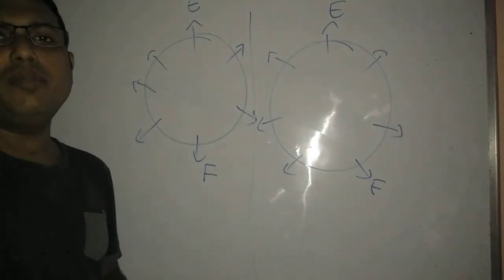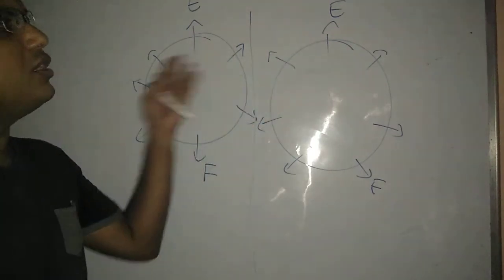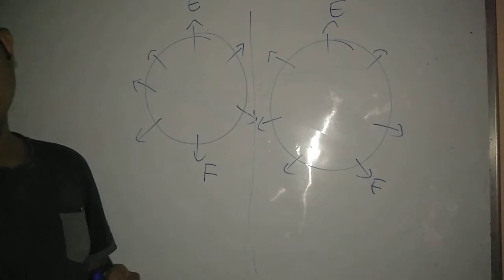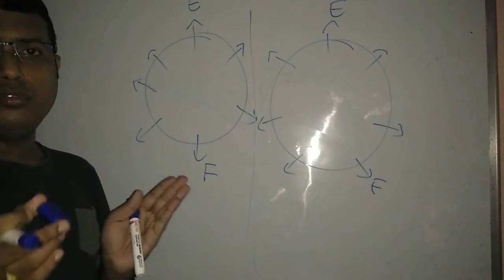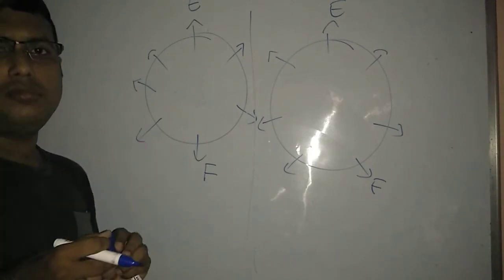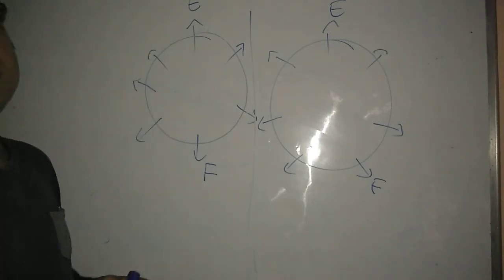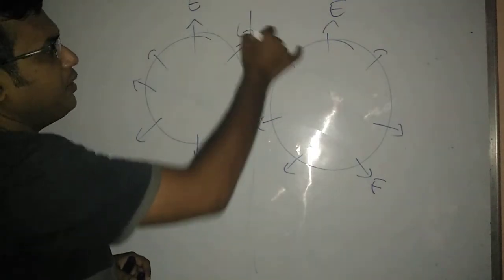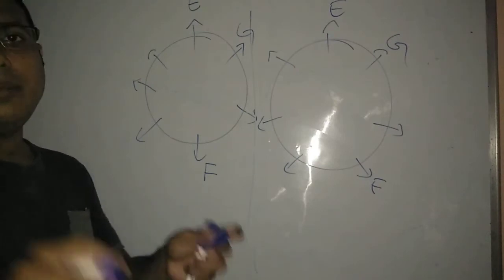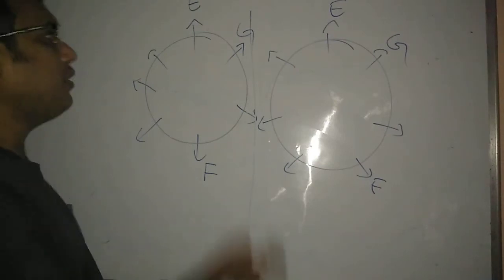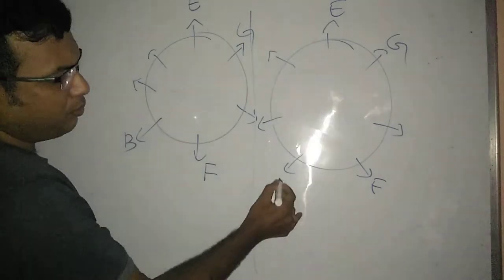Next, another line is given. B is sitting fourth to the left of G, right? But this line is not linked with the first one. Again I will repeat: B is fourth to the left of G, but it is not related to the first line. Then it is given that G is sitting immediate right of E. Then back to the second line, B is fourth to the left of G. 1, 2, 3, 4, so this is the position of B. Then 1, 2, 3, 4, this is also the position of B.